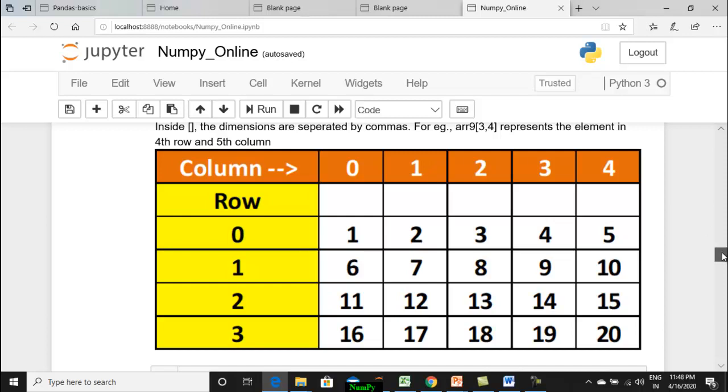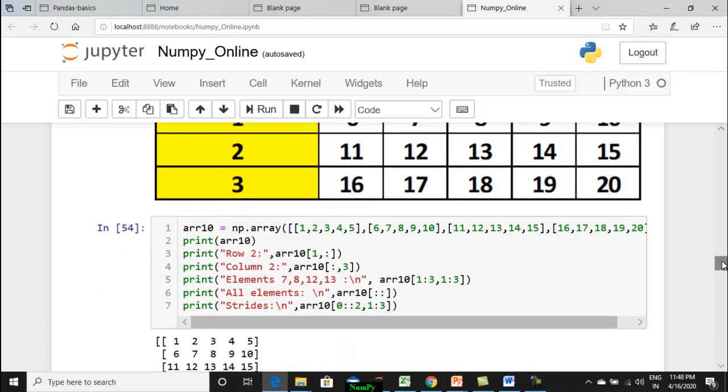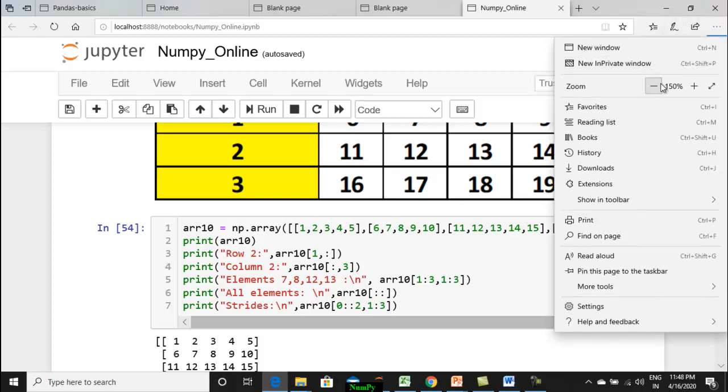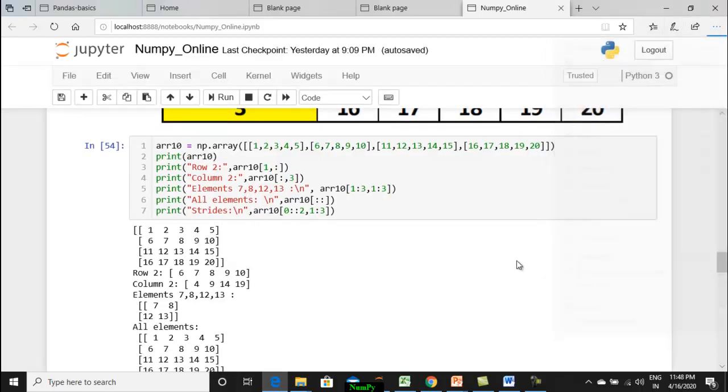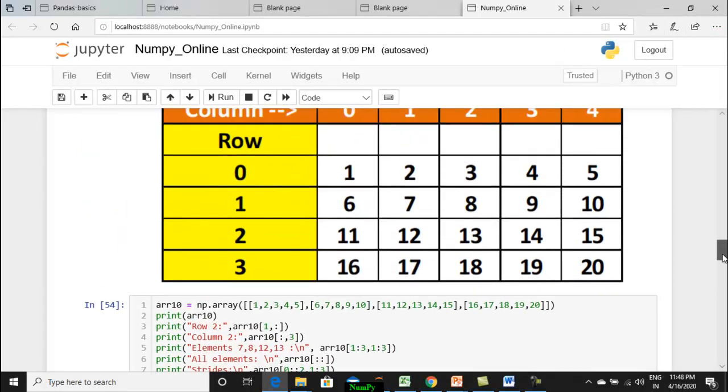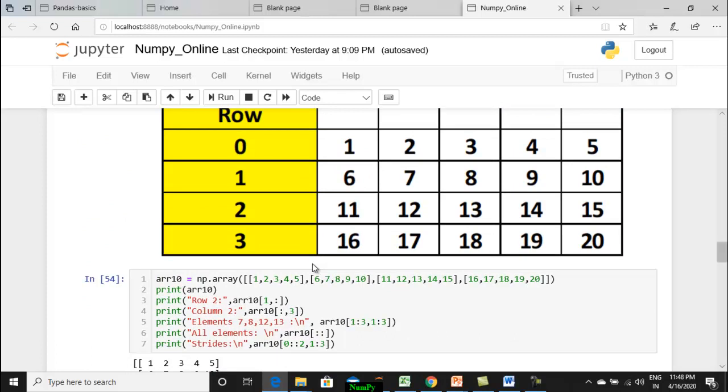So you can do slicing in different ways. I have given some examples. We have created this array as per the example. Let me reduce the size and show you how we have created it. Suppose we want to display only row 2. What is the indexing of row 2?